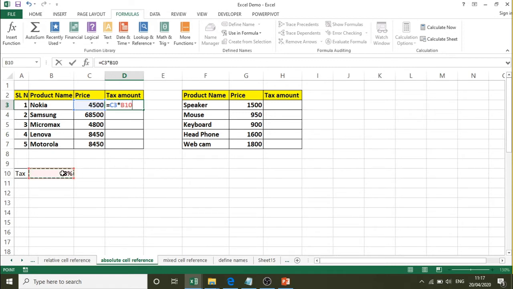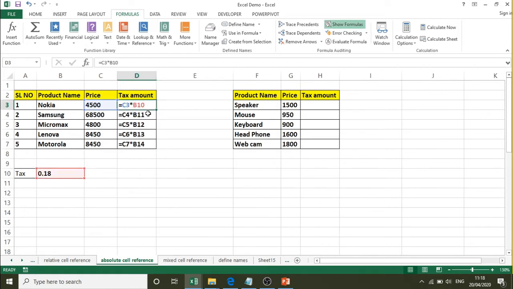B10. So, I will enter the formula. To obtain the result for the other records, I will make use of fill series. But this is not working, you see here. Here it is showing C3 into B10, now it is C4 into B11, then B12, B13, B14. The first value should be correct, but the second item that I am using, that is B10, is giving the wrong reference for the second, third and fourth rows.